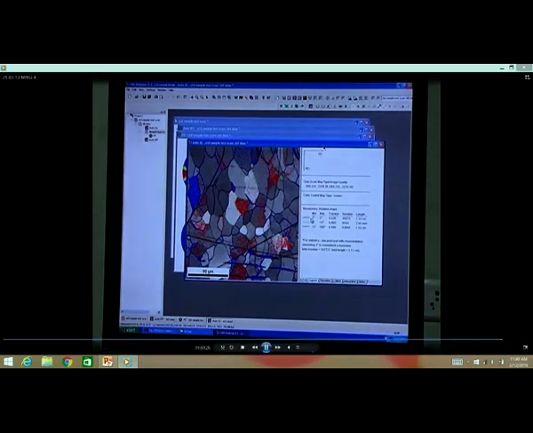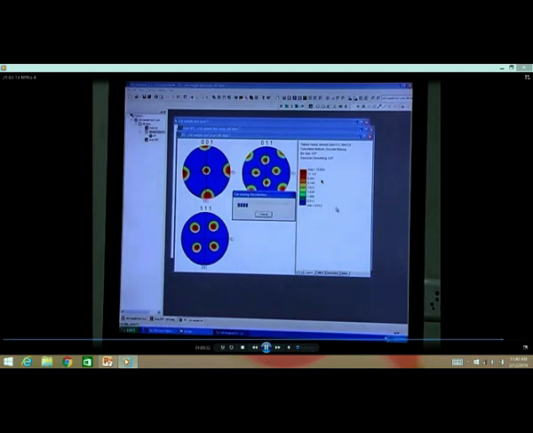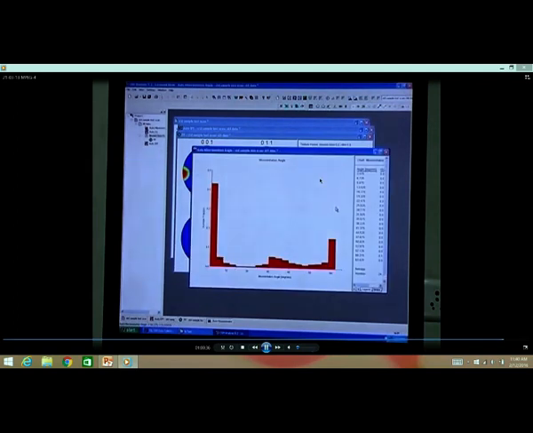EBSD does not characterize the bulk behavior of the sample. So, that point you have to be very careful. Other than that, it is very useful to characterize this. Again, you can see the misorientation angle, the low angle and high angle boundary distribution, which is readily available using this software interface.